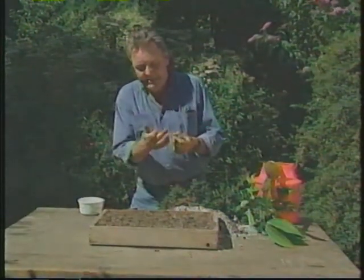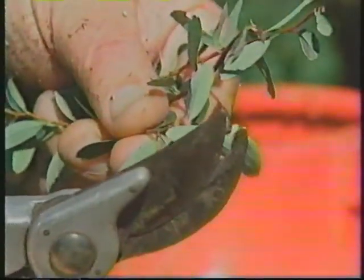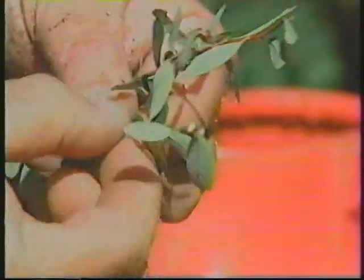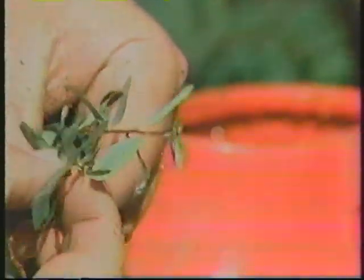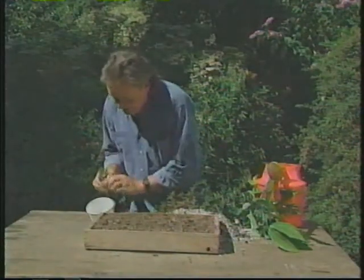So that one's come off quite clean. If they were very, very ragged, then you could get your pruners and just trim them off straight. And you prepare yourself, well, 2 or 3 cuttings, and take off at least a third of the leaves at the bottom so that you've got all these leaf joints available, showing. And then get yourself some rooting hormone,